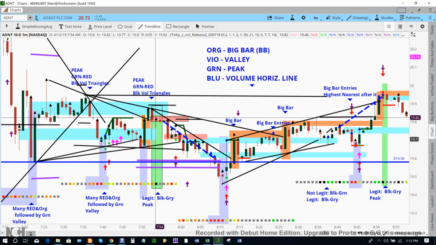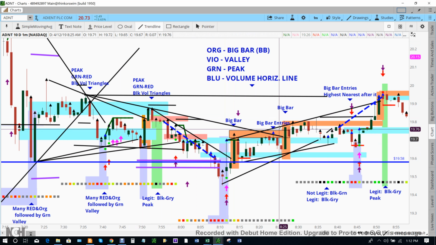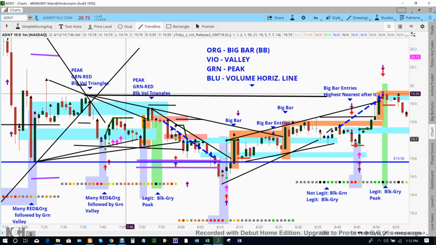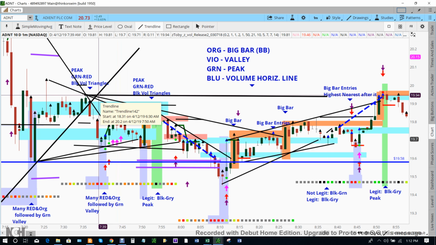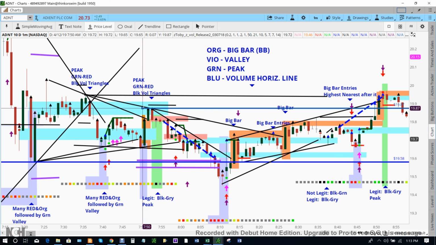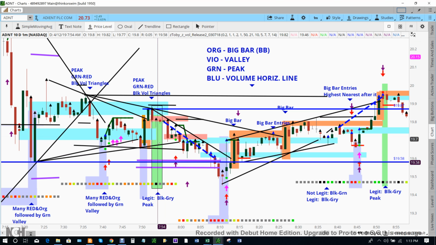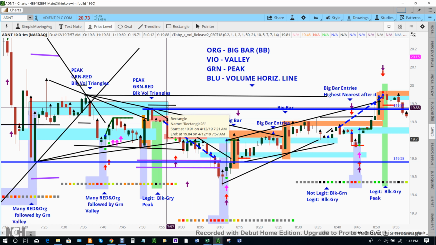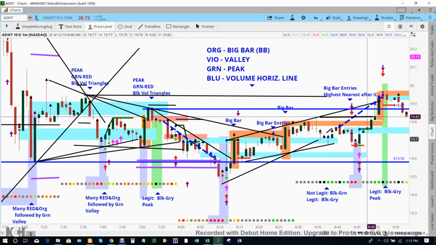Here we've been going down, now we reversed, and there are some horizontal breakthrough bars. For example, we could put one there, right? And because this is a green thing here, if it breaks through this one, which it does right there,